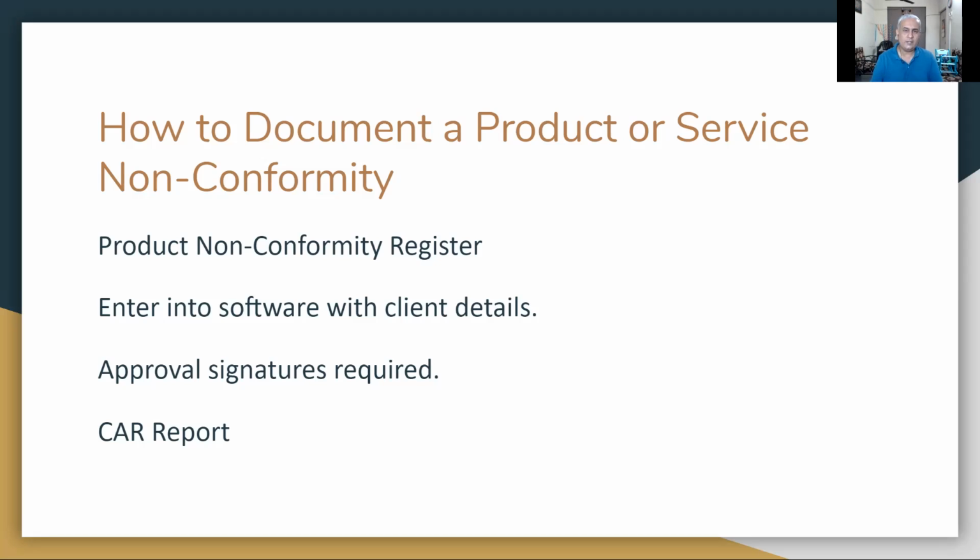Corrective action is where you have to define the root causes and then take action on the root causes so that a corrective action can be applied. So that's about how to keep a document for product and service non-conformity. How to close a non-conformity with corrective action,